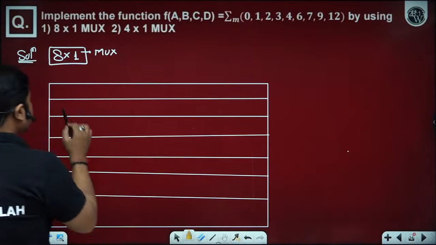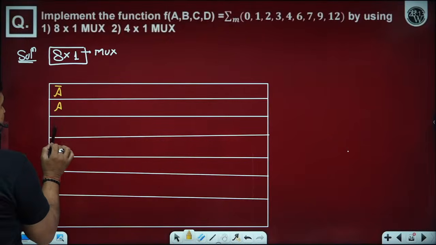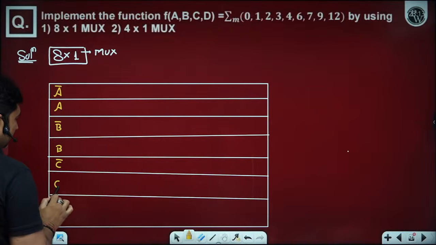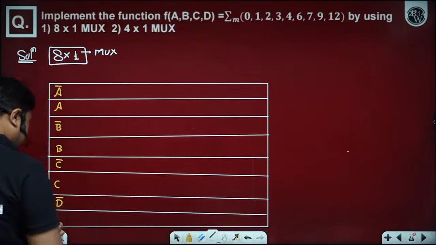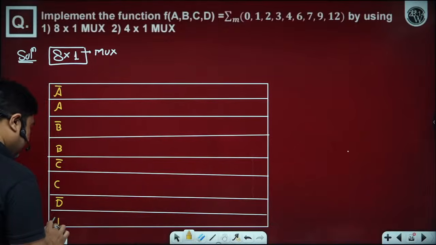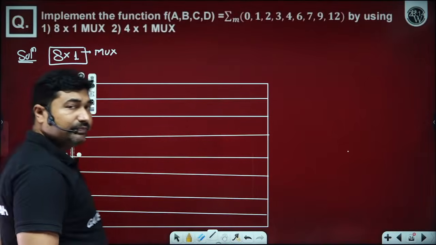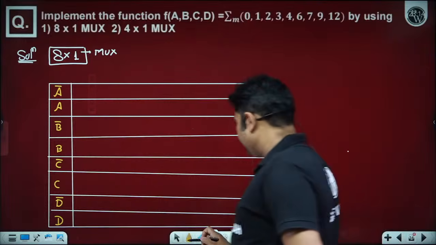So suppose if someone is choosing BCD, so we have A bar A, someone is choosing B bar B, C bar C and D bar D. So total 4 possibilities, and I am observing all of the 4 possibilities so that we can choose the best possible onto the select line. Is it okay? So I am interested to have a selection of best possible select line. Okay. Yes, sir.